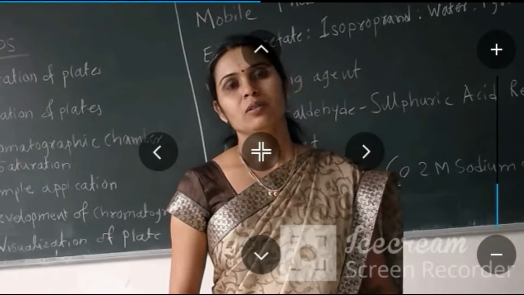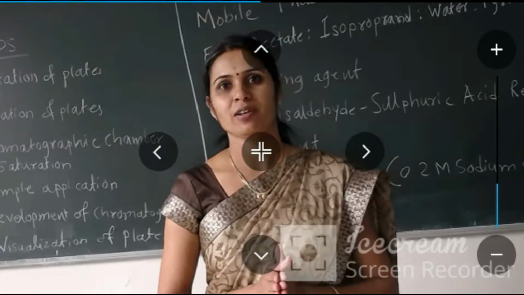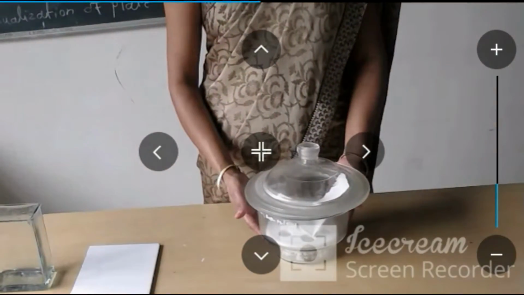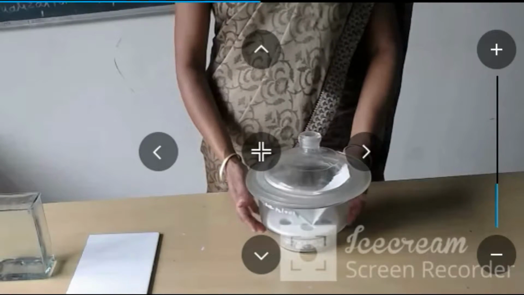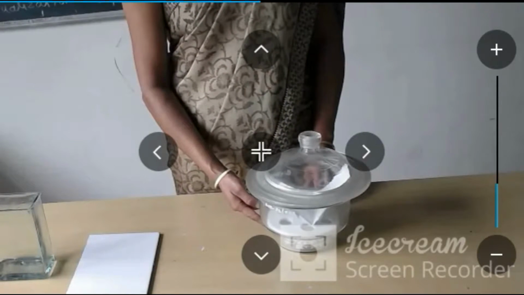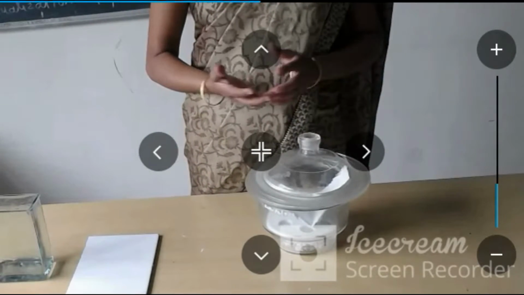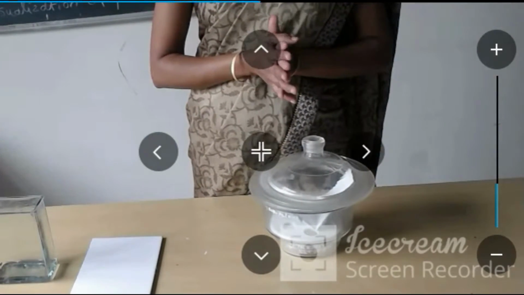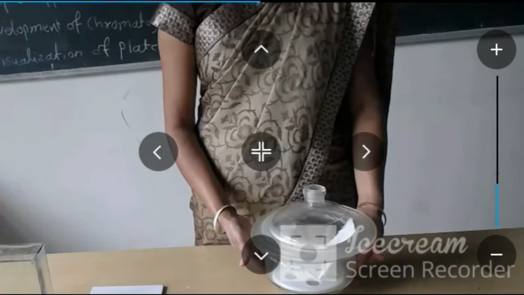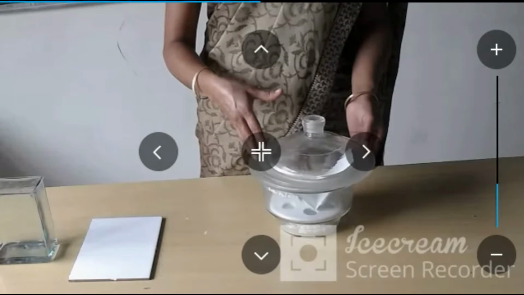Now, after activation of the plate, these plates are necessarily kept into the desiccator. A desiccator consists of a glass chamber, and at the bottom drying agents are kept. Generally used drying agents are dried calcium chloride or silica. You can dry this calcium chloride or silica by keeping it in the oven at 110 degrees Celsius for 2 hours, and after drying keep it in the desiccator, and then your TLC plate should be kept for cooling in this desiccator.